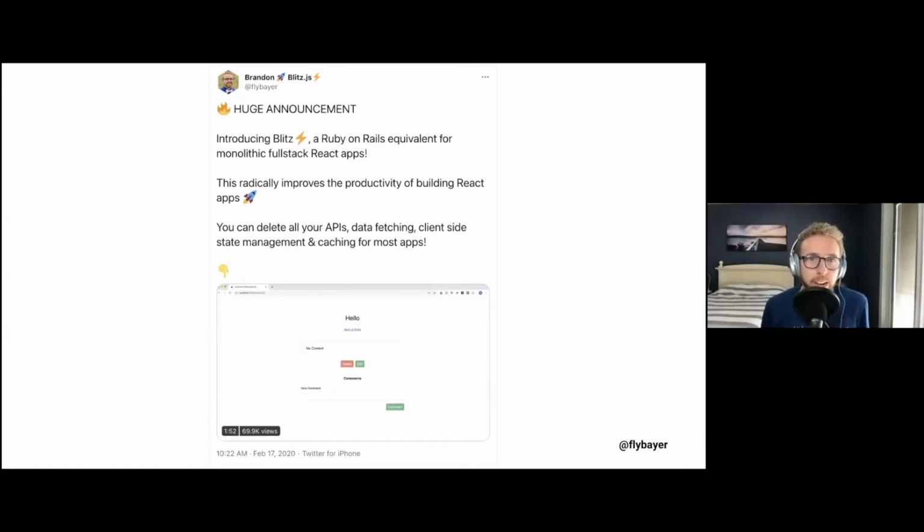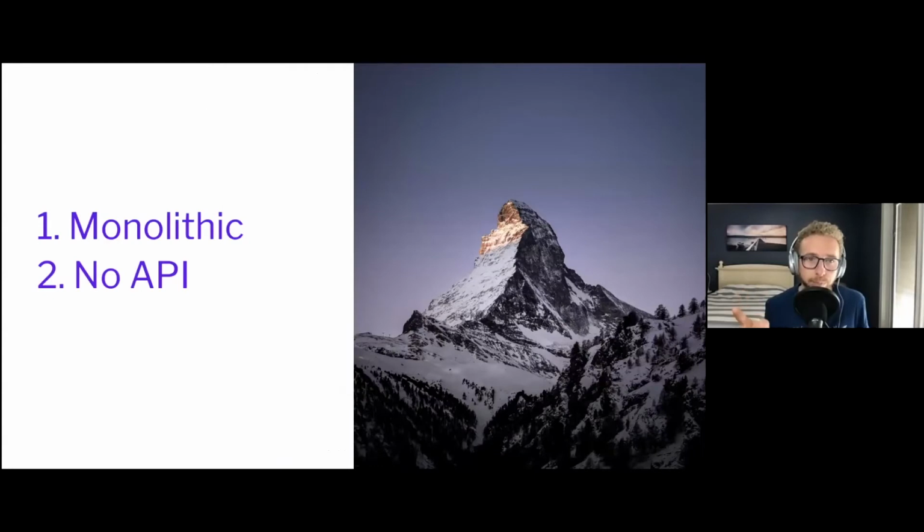So there were two things that I really wanted to have in the developer experience that I was going for. So number one, I wanted it to be monolithic. Monolithic means it's one thing to build, one thing to deploy, one thing to reason about. So instead of having a server app that you deploy and a front end, back end and front end, it's all together in one full stack application. So that already drastically simplifies things, because there's less moving parts, right? There's only one conceptual entity.